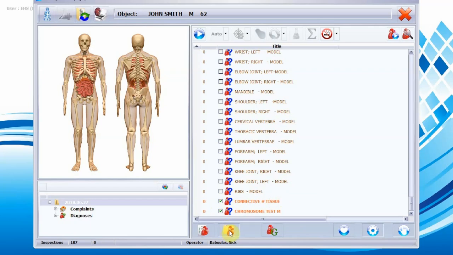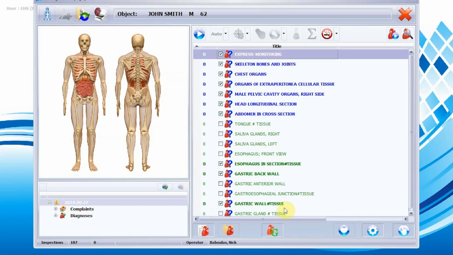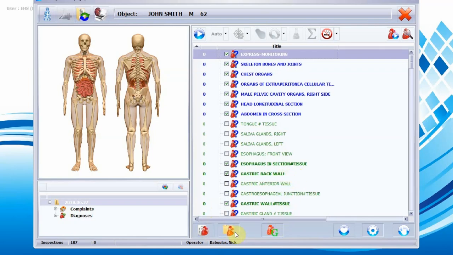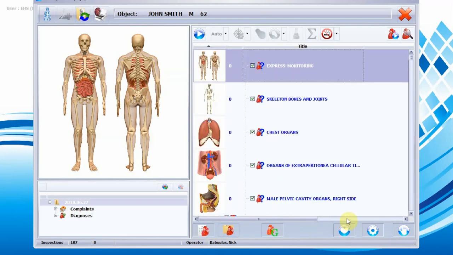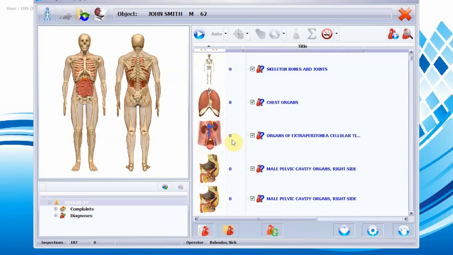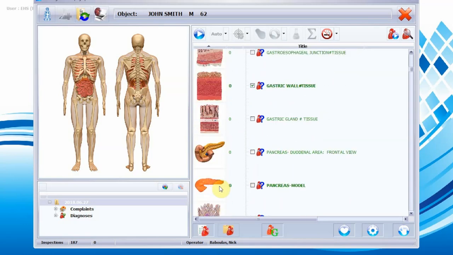So in this case too, just to make it easier, you can put this into kind of folders, or you can put it as physical pictures, as we'll show here. And there it is as pictures. So it makes more sense maybe to an operator or a provider, but also for the patients to see what's going on. So once we have clicked on all that we want to test,